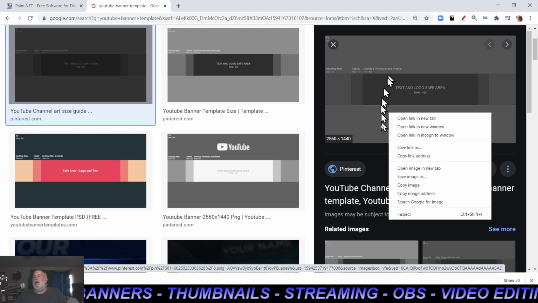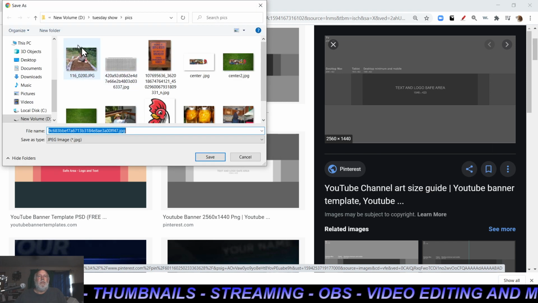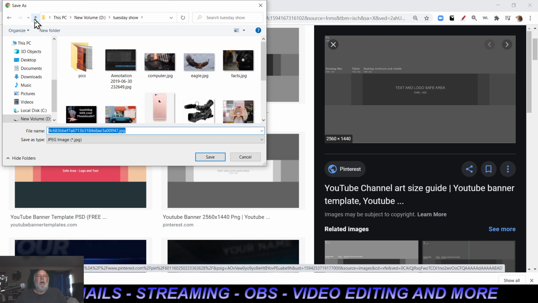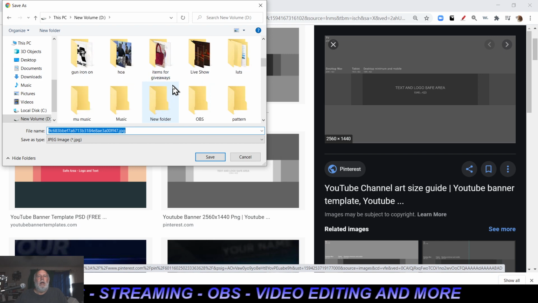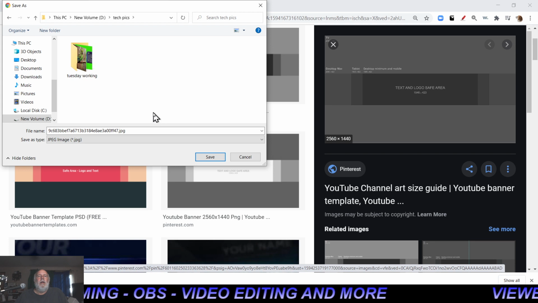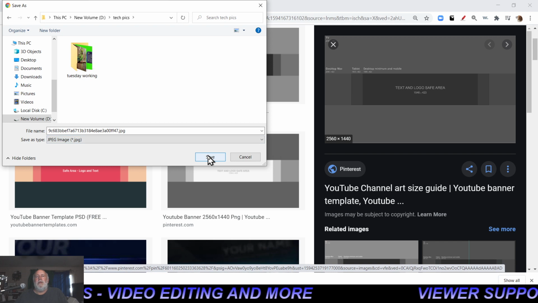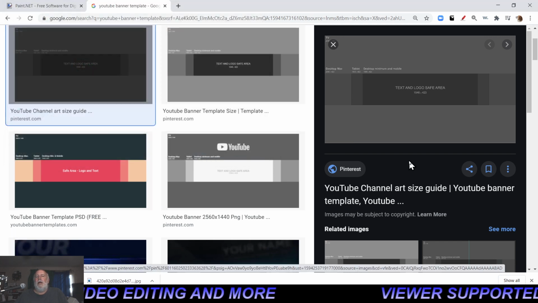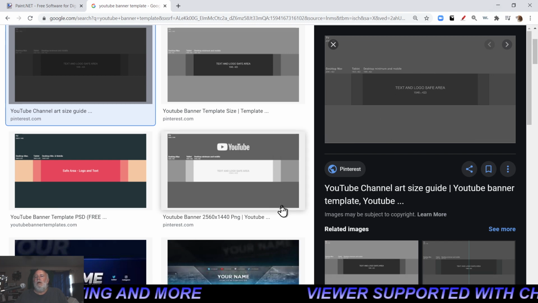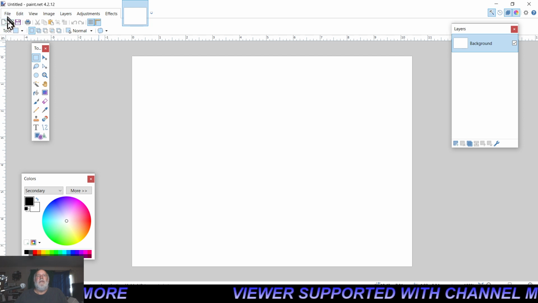I've just highlighted this, said save image as, and I'm going to put this into a folder here where I know where it is. So it's in TechPix, and it's now downloaded. So now if I open up paint.net,